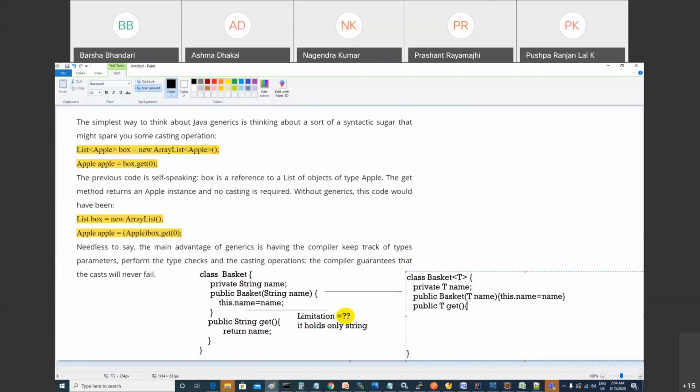What is the beauty of it? The beauty of it is that it can hold any kind of data. I have to show you the syntax. System.out.println. I can show you the syntax.